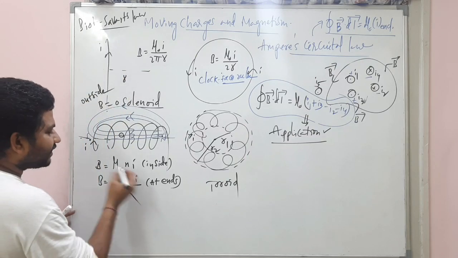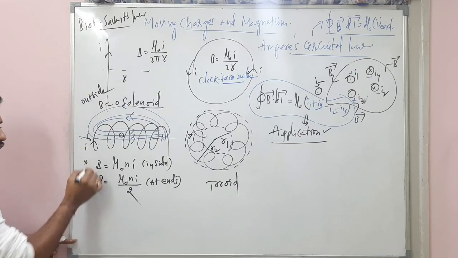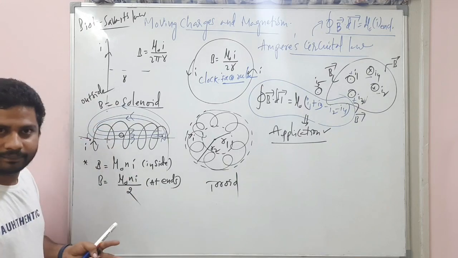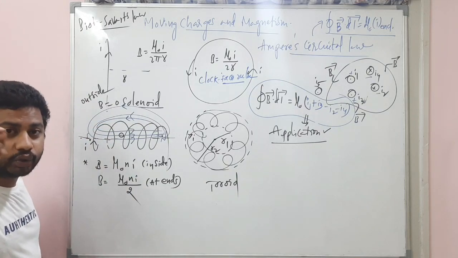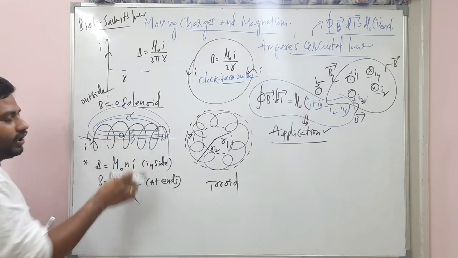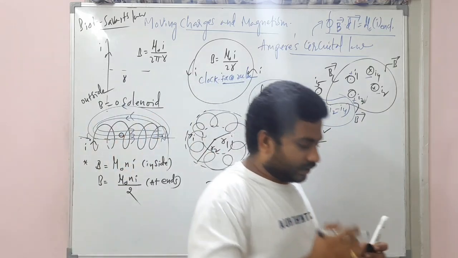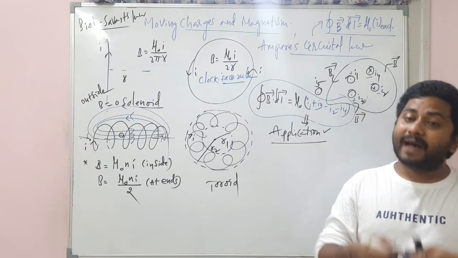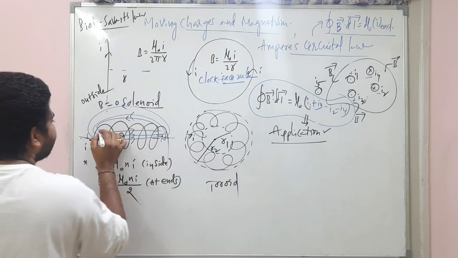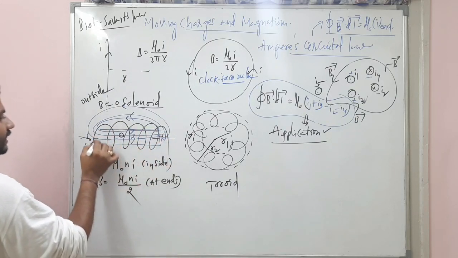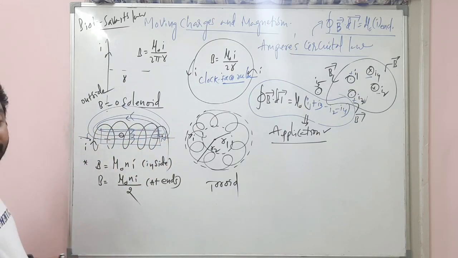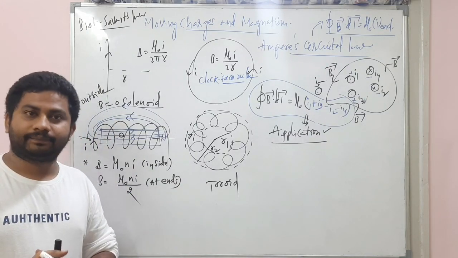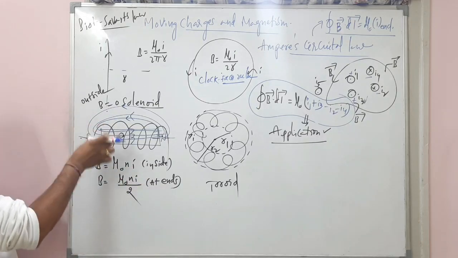And very important, what is this n? In this formula, let's discuss that small n later. But what I wanted to convey to you, everybody, is that this is called an air cored solenoid. There is no medium present in it. Imagine a medium is present inside, that is iron. Iron is kept inside as the medium. Then that behaves as an electromagnet. About the electromagnet we can discuss later, but that is called an iron cored solenoid.